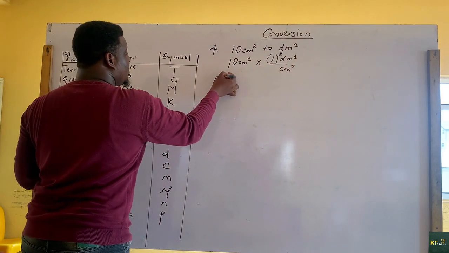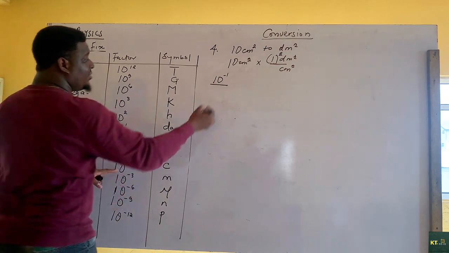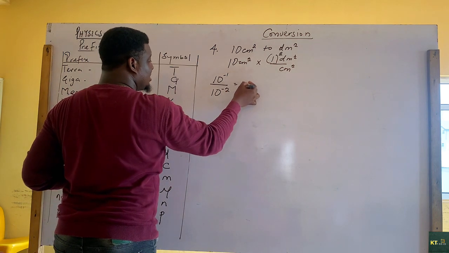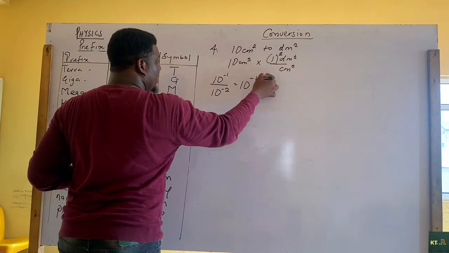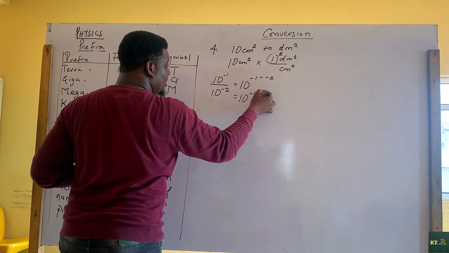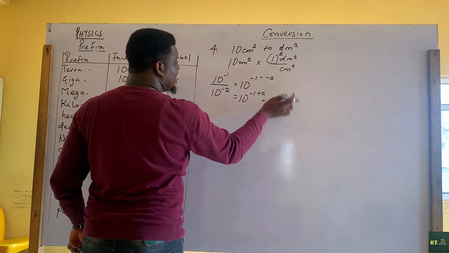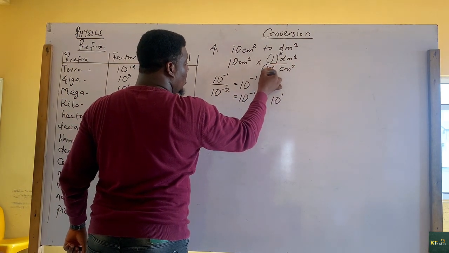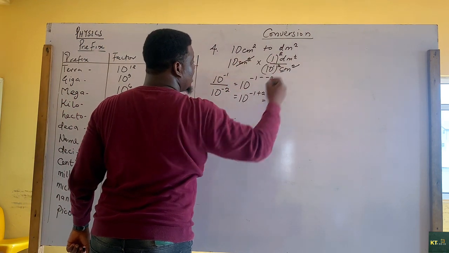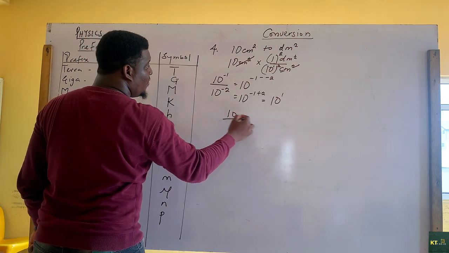You have 10 raised to the power of minus 1 over centi, which is 10 raised to the power of minus 2. So we can have it that 10 raised to the power minus 1 minus minus 2, which is 10 raised to the power of minus 1 plus 2, which is 10 raised to the power of 1. So you take this answer, you put it here. 10 raised to the power 1 all square. So therefore you can cut out this. And what do you have next? You have 10 over